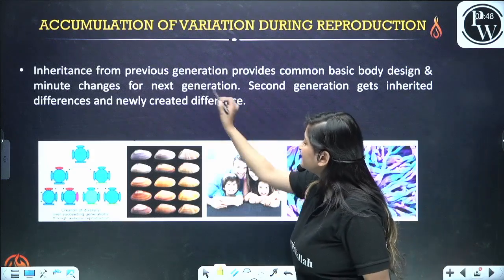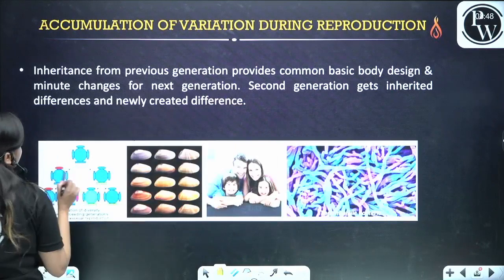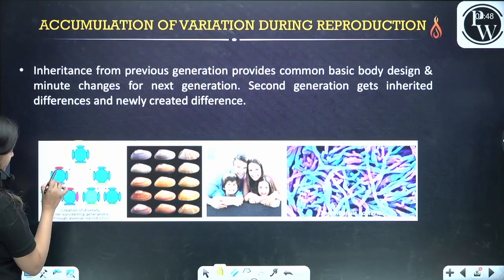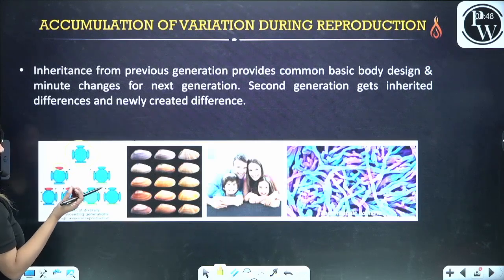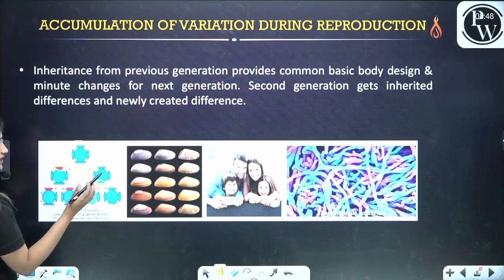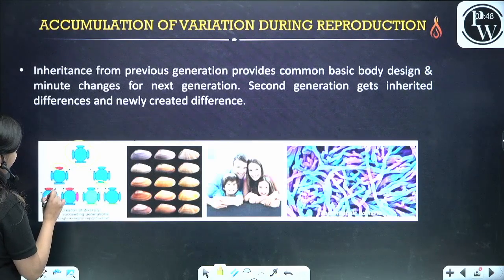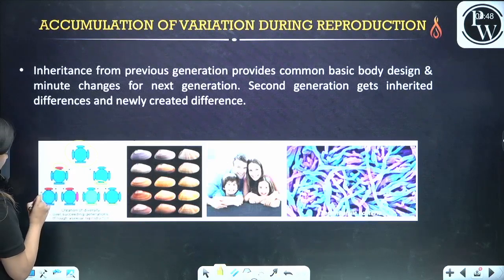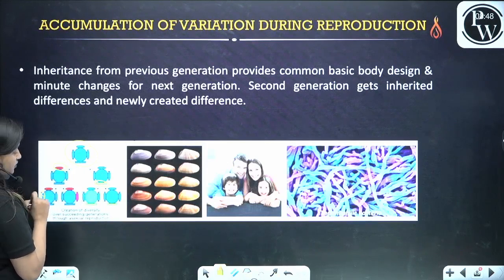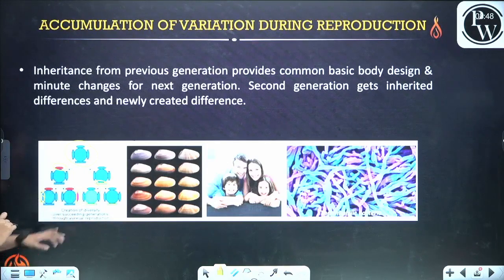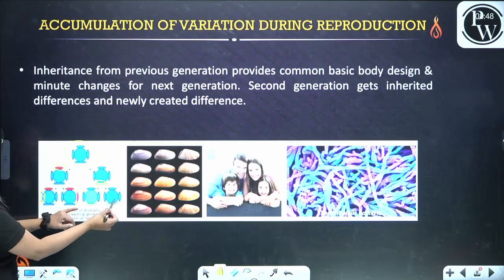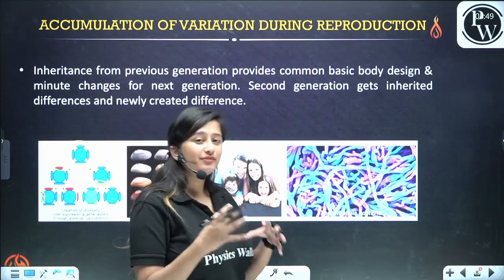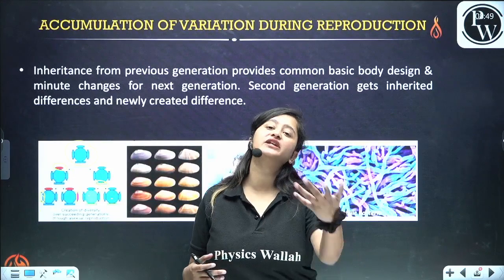So let's move forward. Inheritance from the previous generation. Now let's just concentrate on this diagram. You can see over here that when this organism reproduces, one red color variation and one green color variation occurred, right? Now when this red one gives birth to another organism, you can see over here that a white color protein is also added and a purple color protein is also added, and here you can see there is a color differentiation, that this is dark and this is light color. So what is that? Reproduction again causes variation, right?